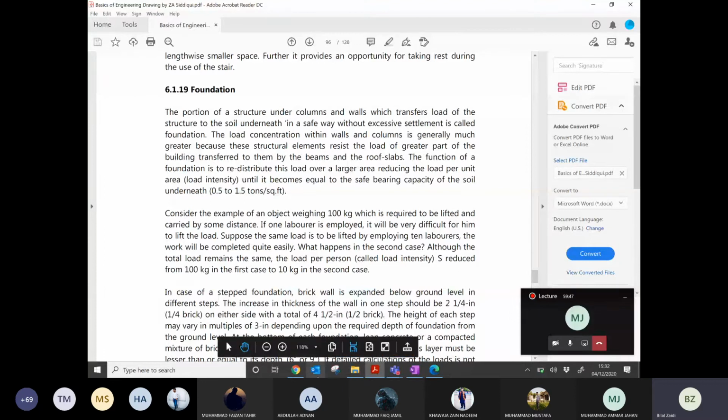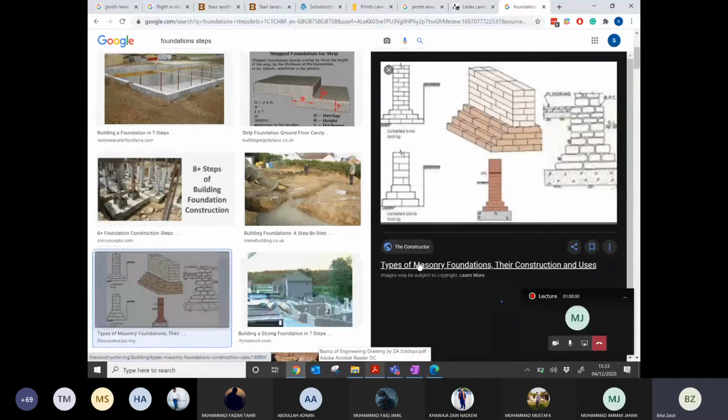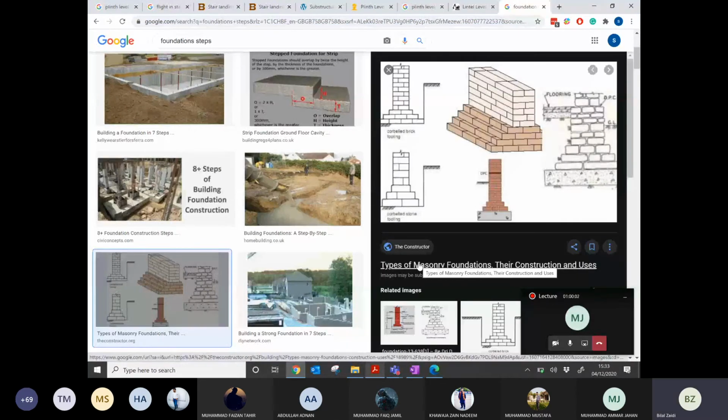So the purpose of the foundation is to transfer the load from the columns and walls to the underlying soil. You may have seen the construction of foundations. Sometimes you have a wall.